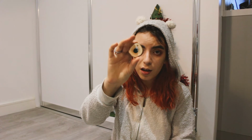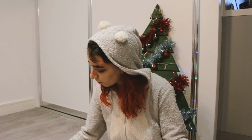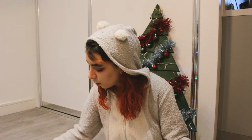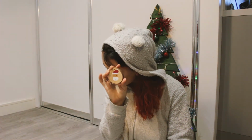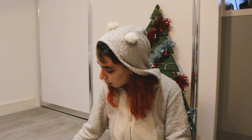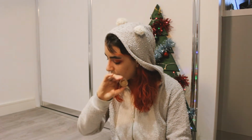So I also did a bauble, some Christmas lights. Not all of them are finished. I still have some retouches to do and some highlights and shadows. So I also have a reindeer. I'm just giving you some ideas so you can do it yourself. We have Santa, a gingerbread man, a bell,